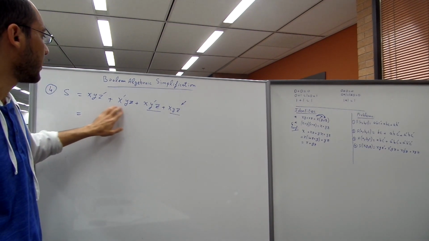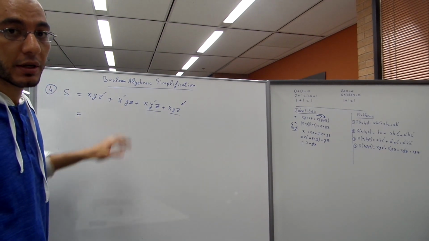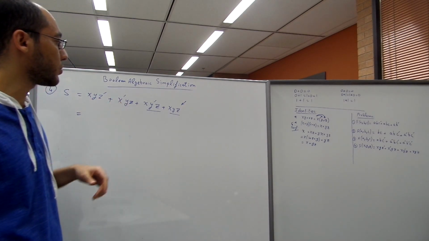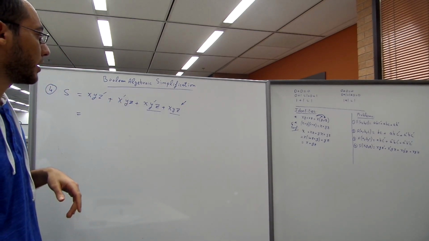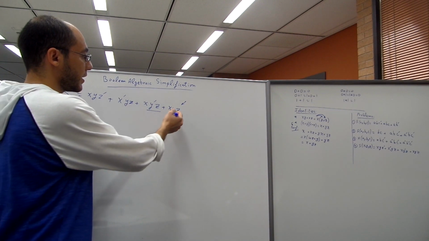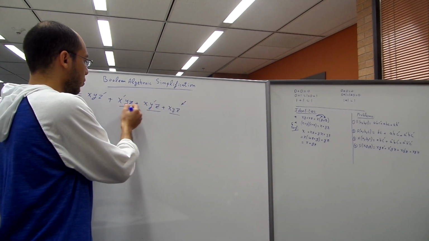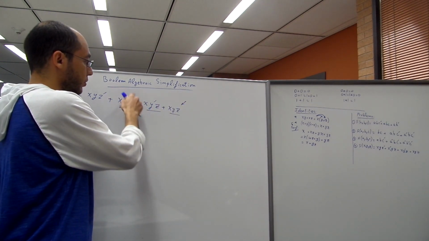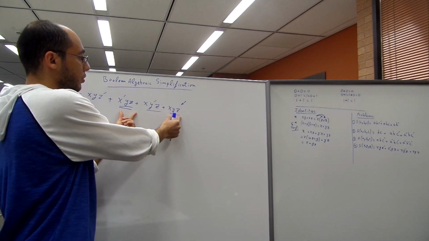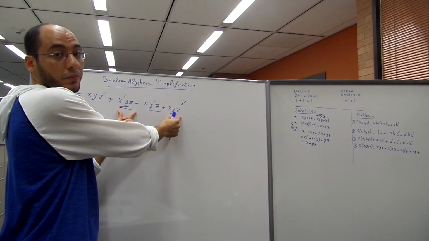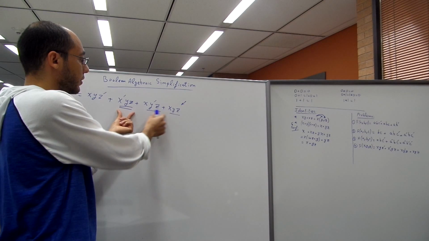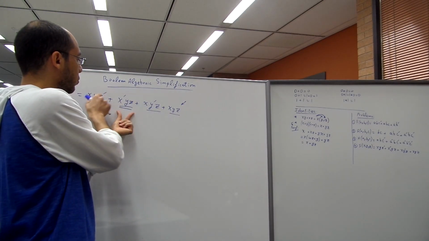However, these two terms will remain as they are. We will not be able to reduce them. Similarly, if I take this term with this one, I'll be able to reduce the expression. However, these two terms will not be